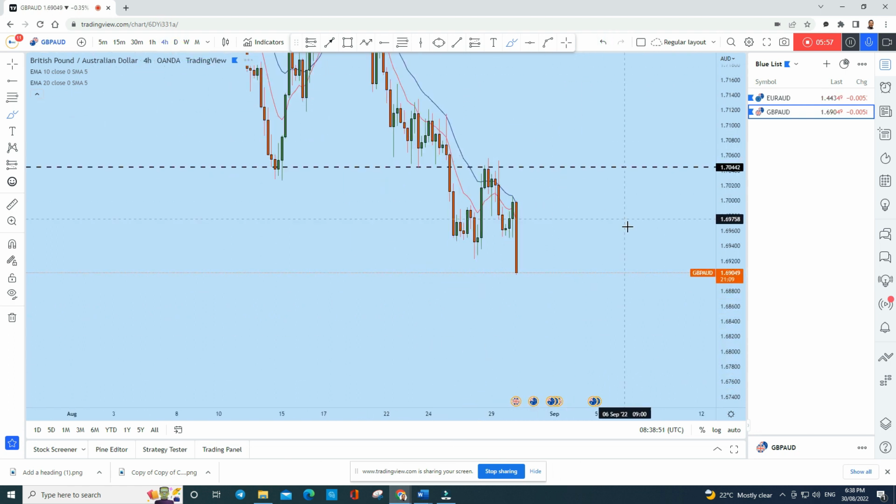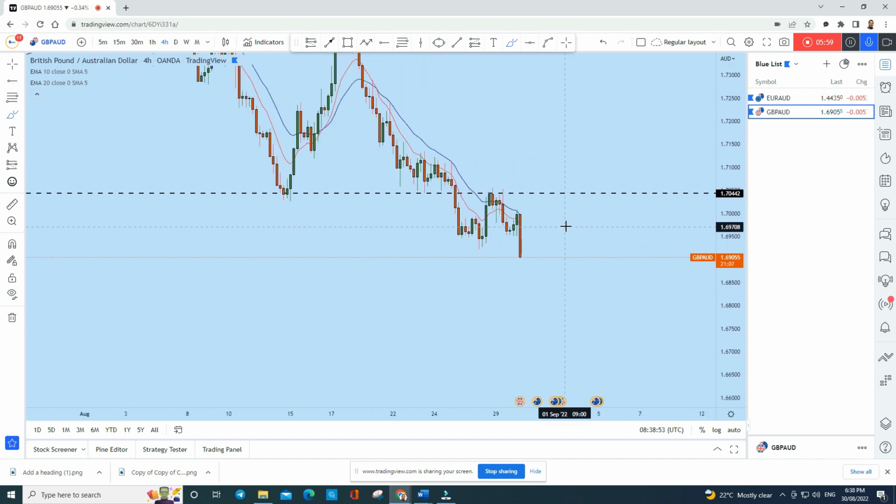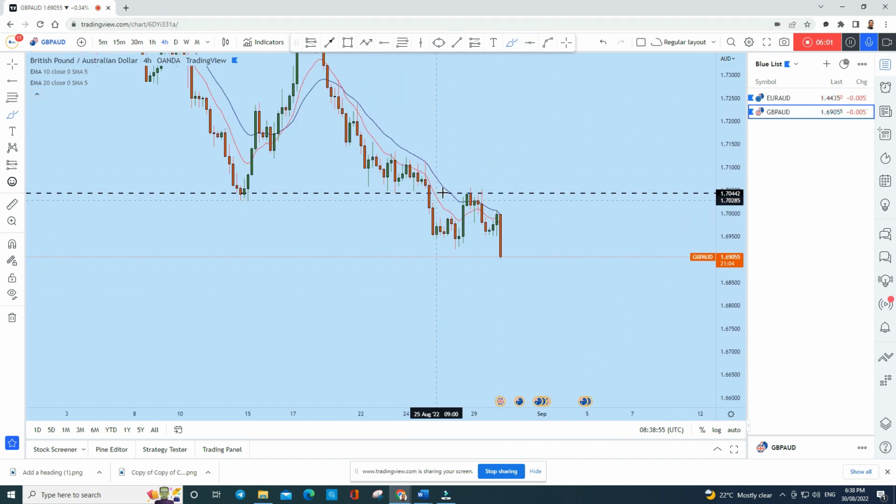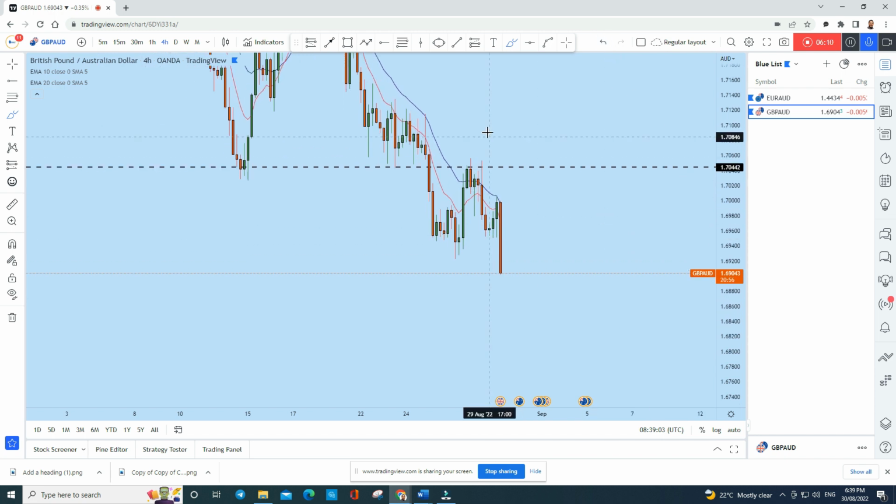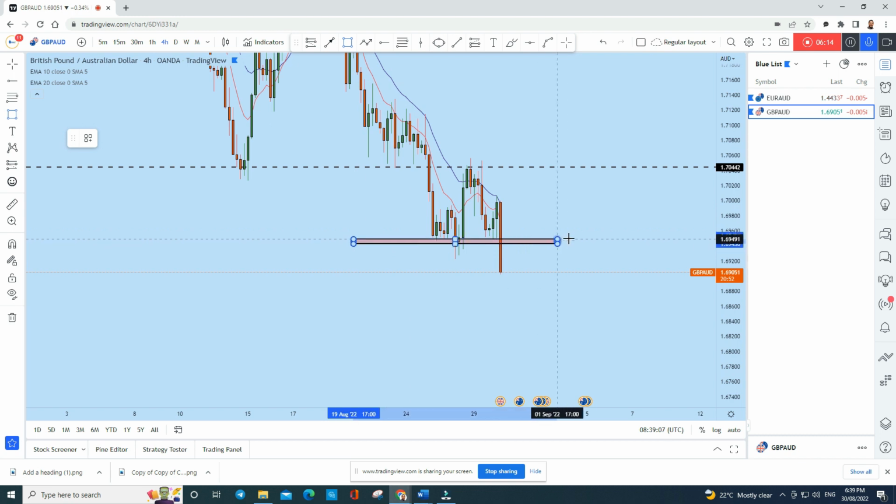So with that in mind, on the 4 hour perspective, we have seen a pattern here. First of all, we see a complete head and shoulders on the 4 hour time frame with a retest of the 20 period moving average, a complete retest. Now how can we trade this? On the closing of this candle, we can expect the price to go up again